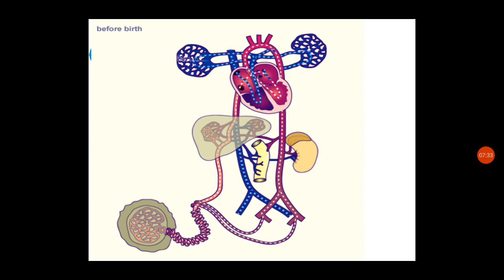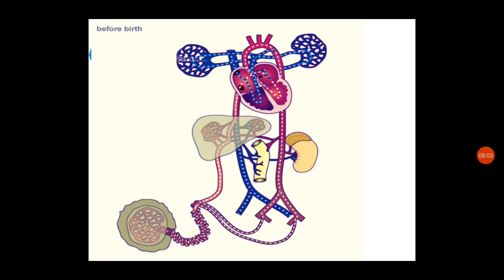The remaining blood from the pulmonary trunk will be going to the aorta through the ductus arteriosus. So more amount of blood will be coming to the aorta from the ductus arteriosus, and it will be circulated through the aorta and other extremity parts. From the aorta, the arteries will distribute it.